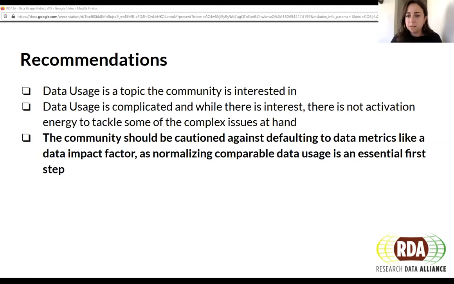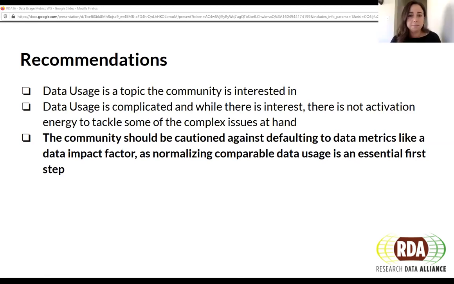Any other points on this? I would just go back to, I mean, these are really great statements, and I think we should keep going. It'd be good if we had a way of starting with data usage in one of these and then defining what we mean by data metrics. That's all. It just feels like there's a missing step here, because data usage is complicated and there is interest. So how does that fit into the concept of data metrics in the third bullet?